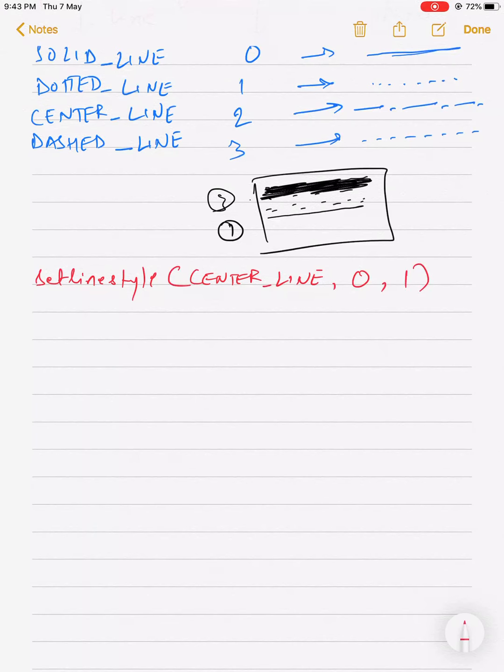Similarly, there is one more function named setfillstyle.